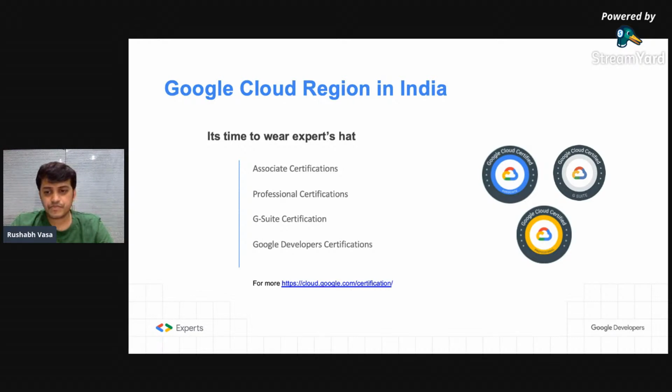And as a part of DSC and the developers ecosystem, there are certain offers and discount codes which keep on coming, so you can actually connect with your DSC lead. There are opportunities where Google brings a lot of this certification for free, or there are a lot of Quick Labs which come for free, or at a discounted price. So you really can be in touch with your DSC lead, and they can probably give you more information about this.